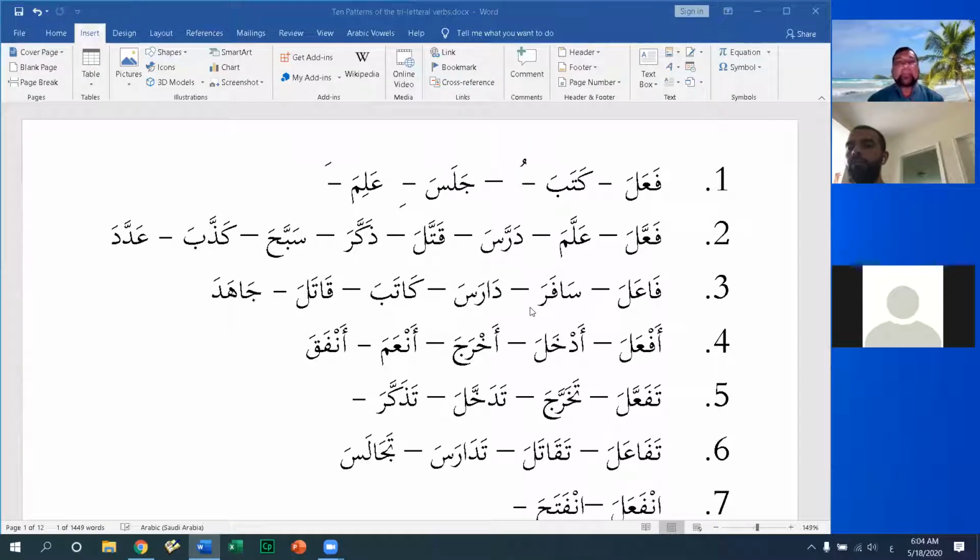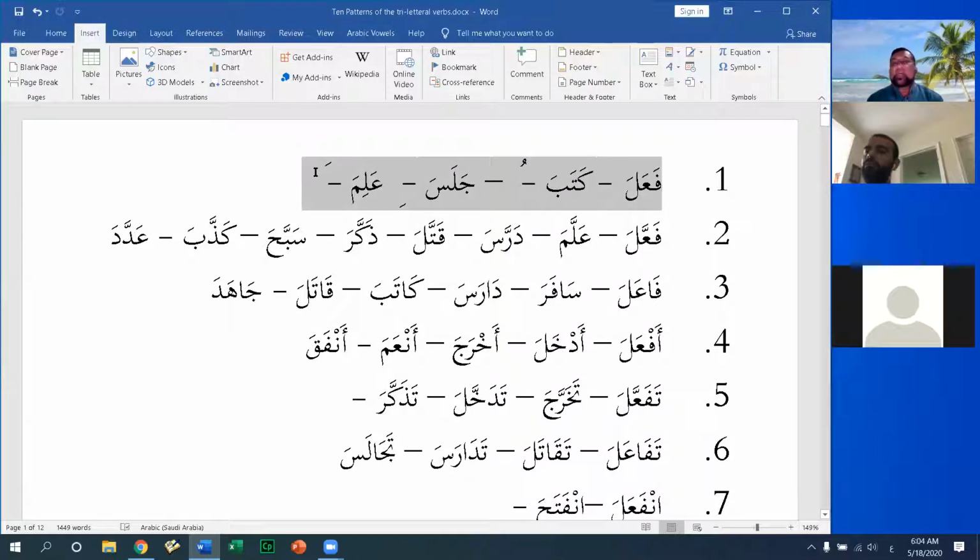So it can be with a fatha, kasra, or dhamma, the ain in the past tense. And in the present tense, it's the same thing. So theoretically, you have 9 combinations. And all those combinations are found. So this first verb here is much more complex than the rest.